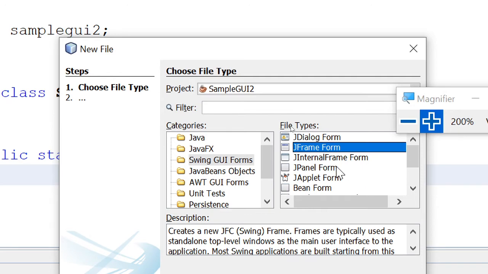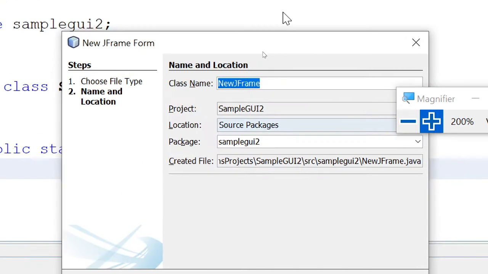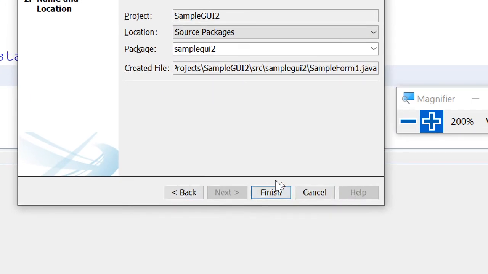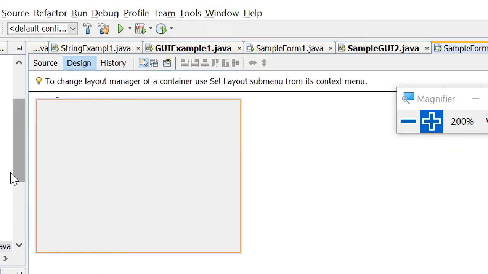For now, we'll be using JFrame Form. Next, we'll call this SampleForm1, under the project SampleGUI2 and the package SampleGUI2. Click Finish, and you will be